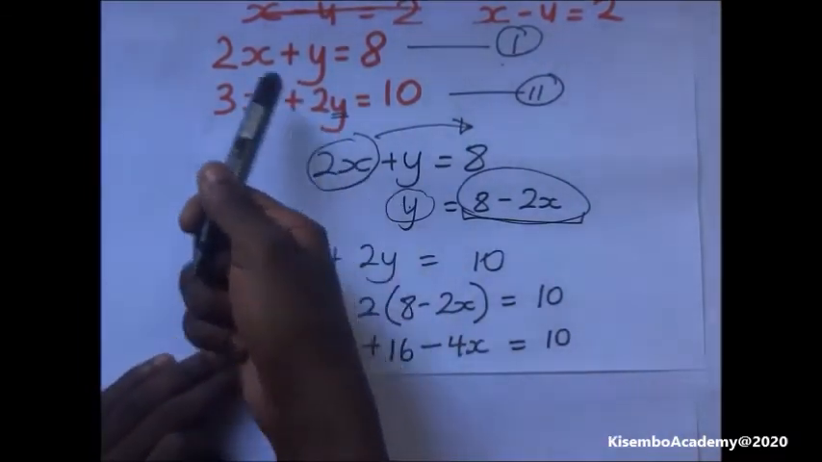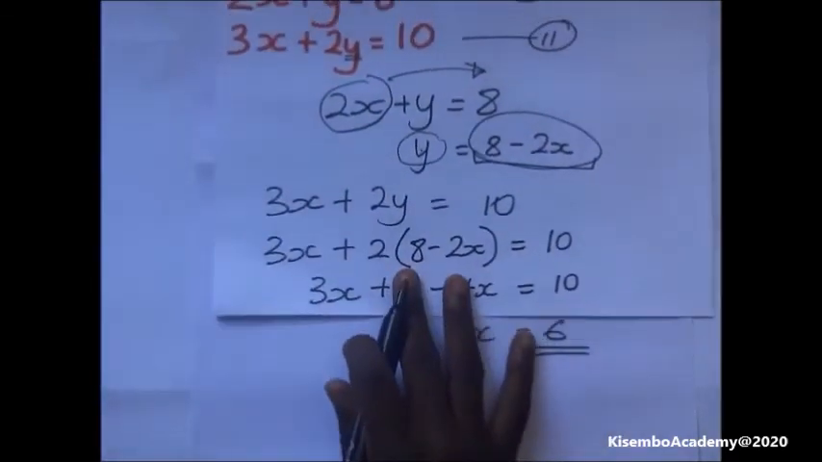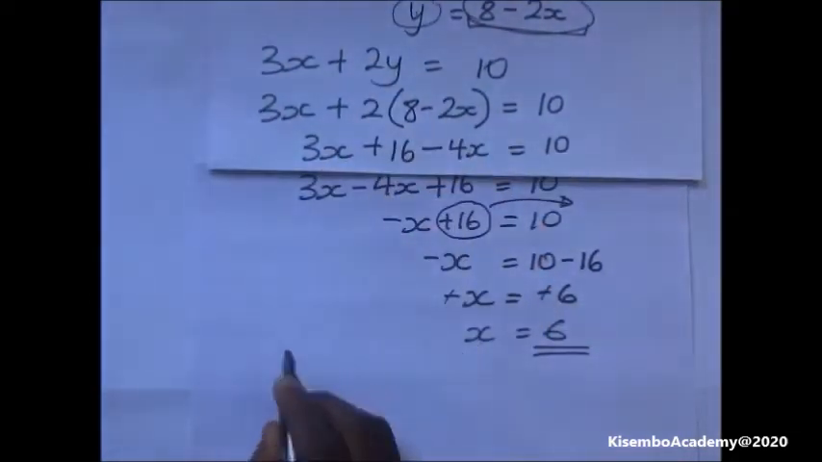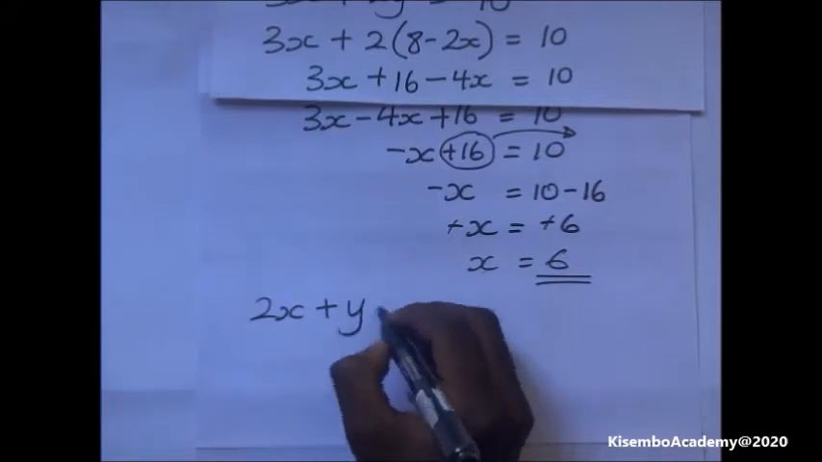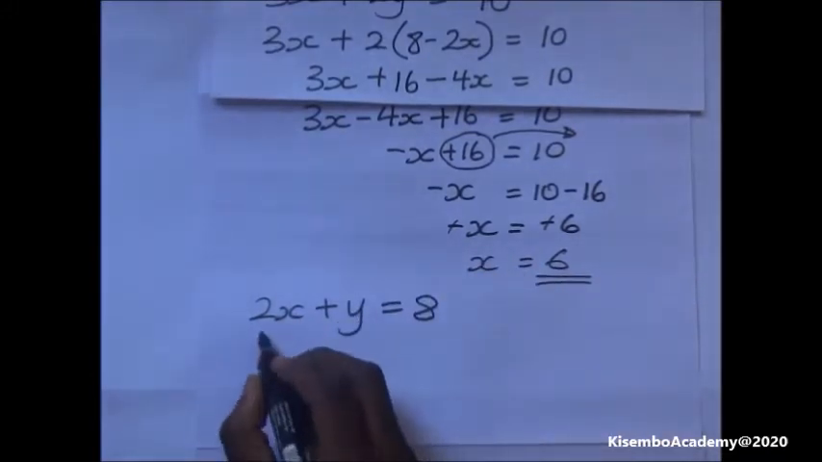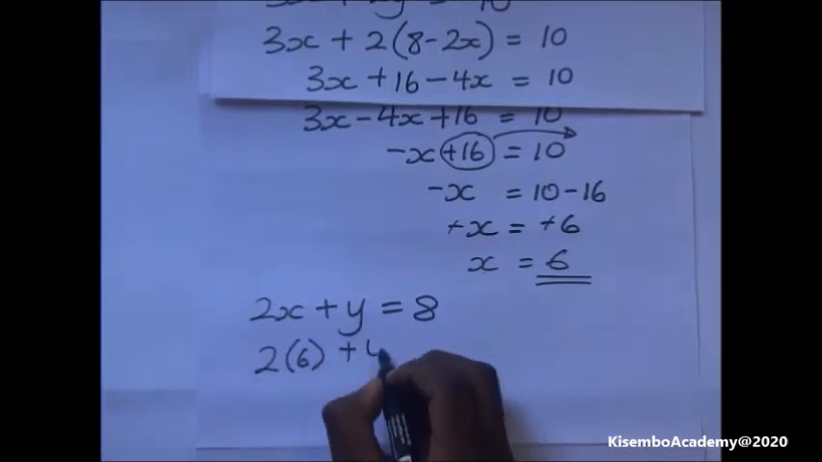Let's substitute it in the first equation. So we get our value of x and substitute it in our first equation, which is 2x plus y is equal to 8. So in our first equation, 2x plus y is equal to 8, we substitute for the value of x, which is 6, so it becomes 2 times 6, plus y is equal